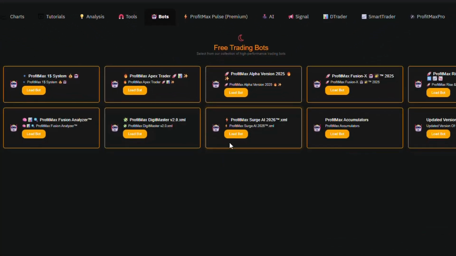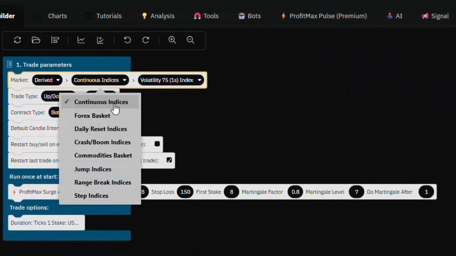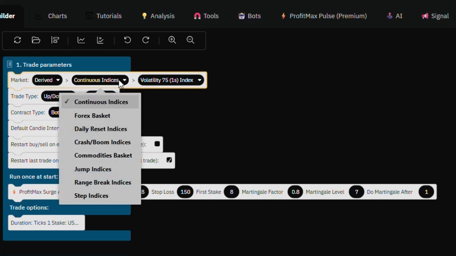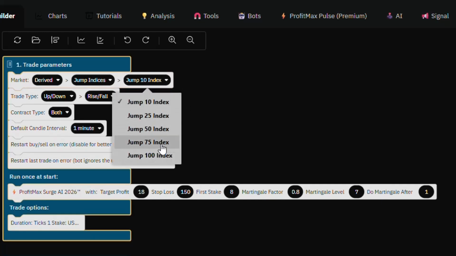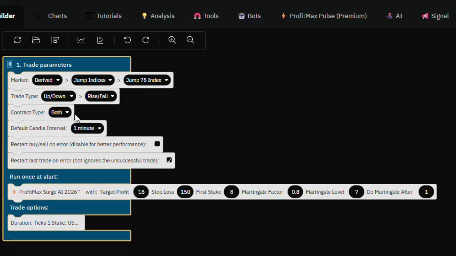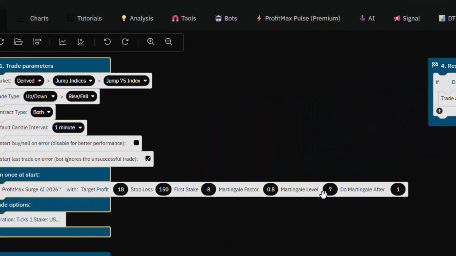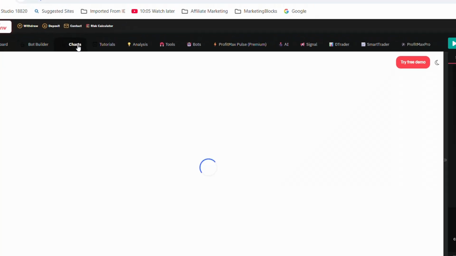Now today we've discovered another strategy on Jump Index. That is when you come and load the profit marks AI Surge bot, come to Jump Indices there, adjust for Surge Indices, and then let's start with Jump 100. So I will show you a theory because this account, I've taken it from $39, and then by reaching 129, I say, let me just stop and shoot a video so that my community members can see this new strategy whereby you can trade jump indices